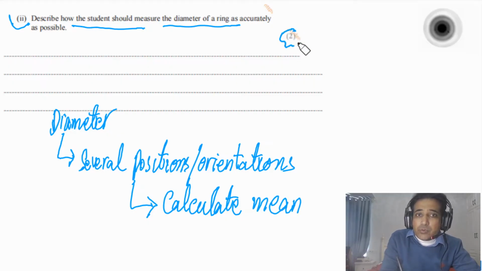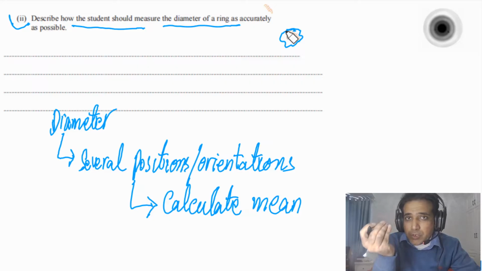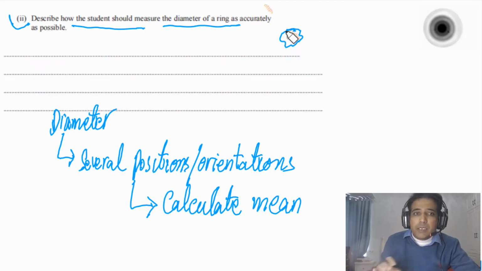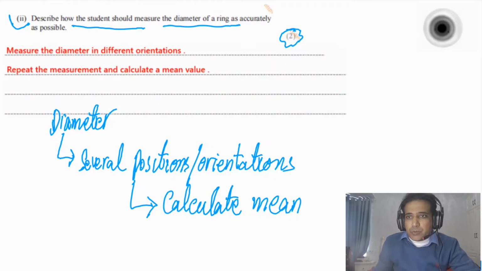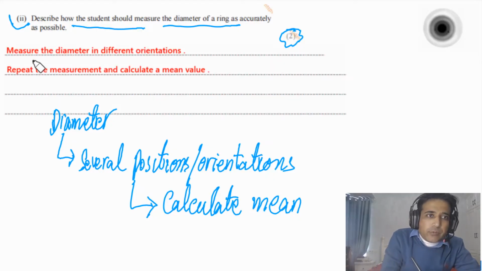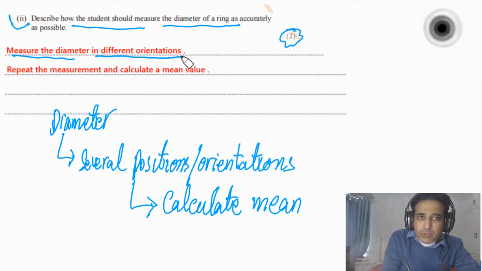And this question has 2 marks. If you write on these 2 points, you will get 2 marks. This is a very common question. Whenever in the exam they ask you to find diameter, you can mention these 2 points. So for the answer of this question, we can write: measure diameter in different orientations, repeat the measurements, and